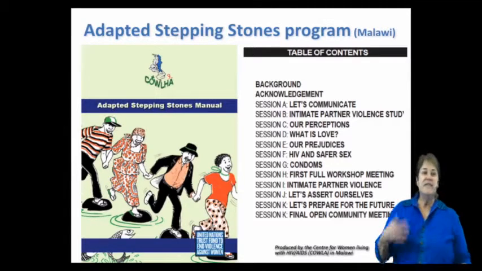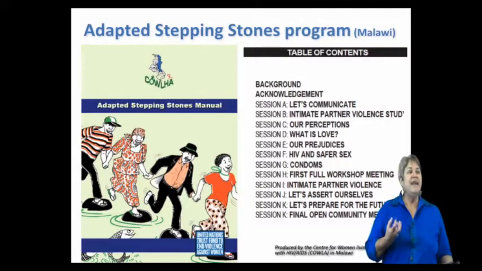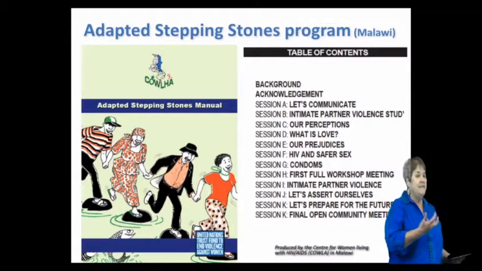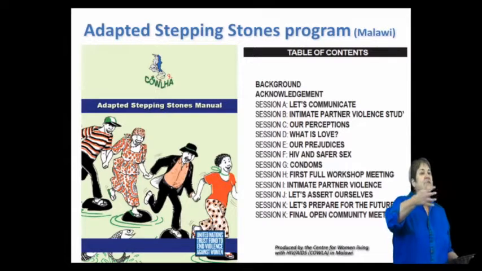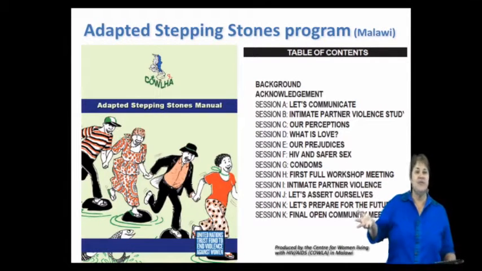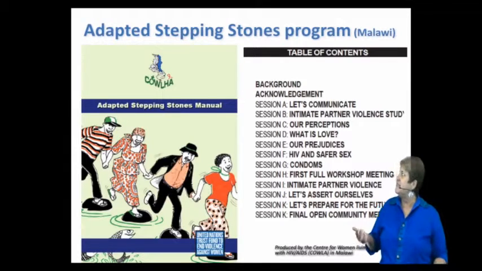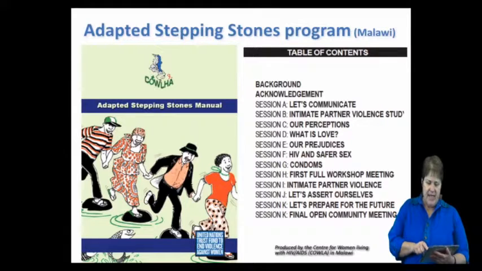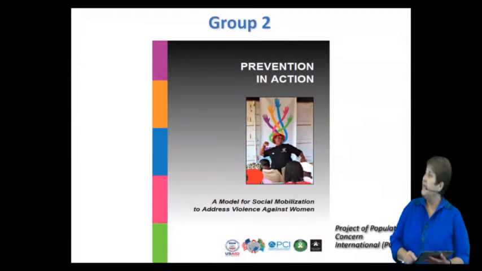So it's interesting just in terms of thinking about, did it really tackle the structures? What were the limitations? Did women find it difficult when they went back into the communities, or because of social and political structures, to change their behavior? So that's something to think about. This is an example of the Malawi program, and it just shows that it's been adapted.